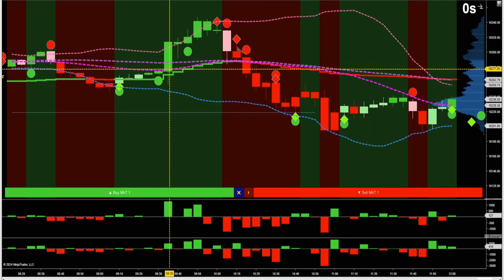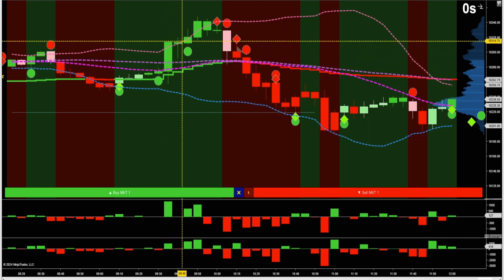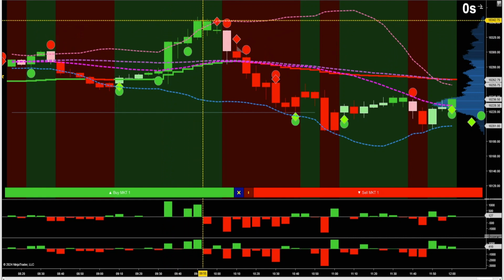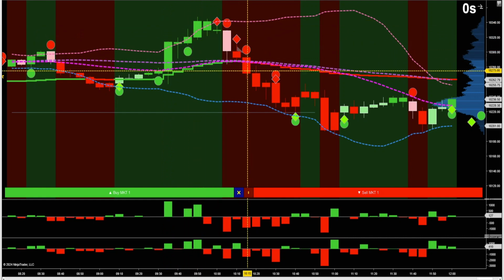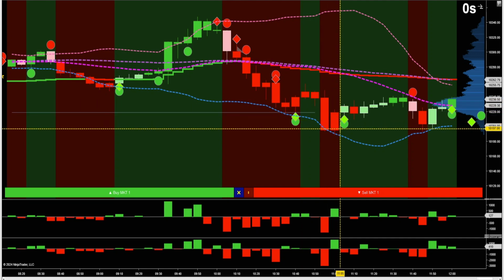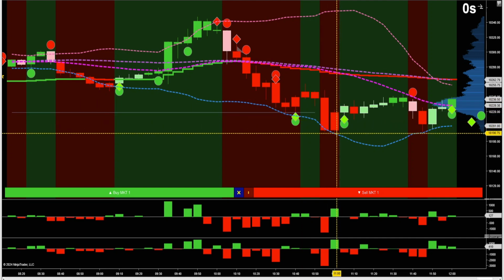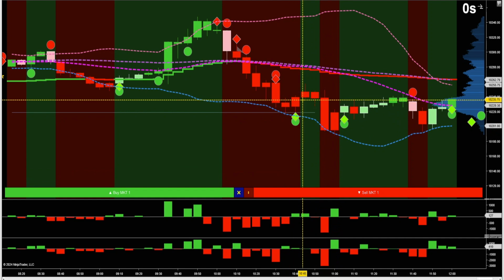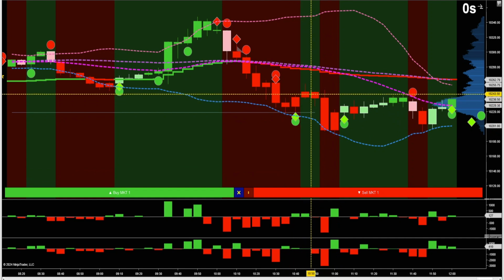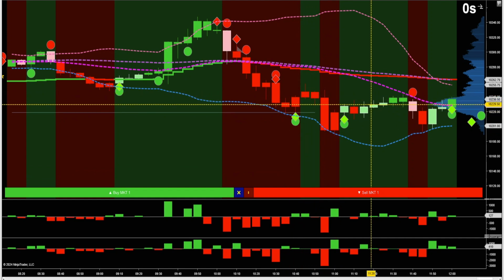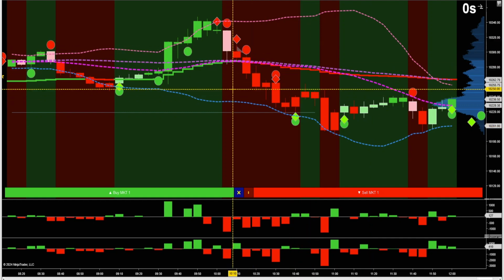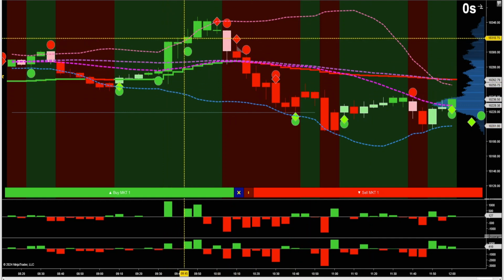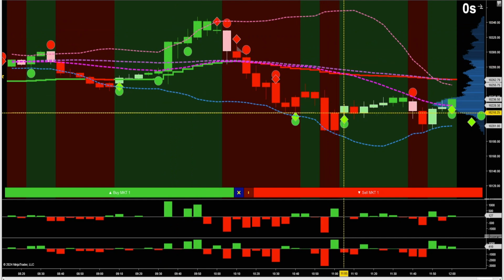I've found that if I have it set to each tick, I get more consistent green candles to the upside and a more consistent flow of red candles to the downside. Whereas if I had it set to on bar close, like these two candles might not be printed red, they might be these neutral colors. So what I'm saying is if you have it set to on each tick, you'll get more breakout candles, most